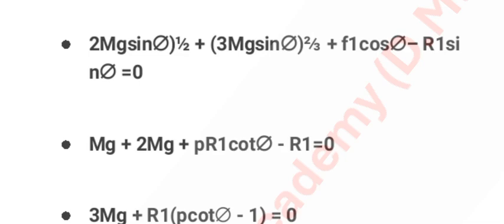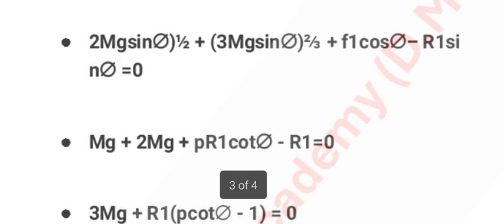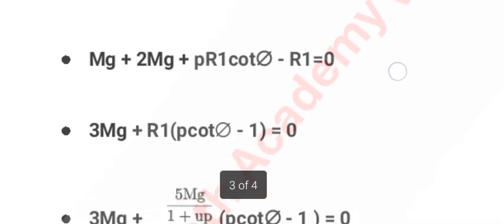But who is f1? f1 was simply PR1. We saw it somewhere up there. PR1 minus R1 sine theta is equal to 0. Now, when you divide R1 sine theta by sine theta again, you have R1 only, and 0 divided by any number will simply be 0. So that's why you're having this. Now, mg plus 2mg will be 3mg,